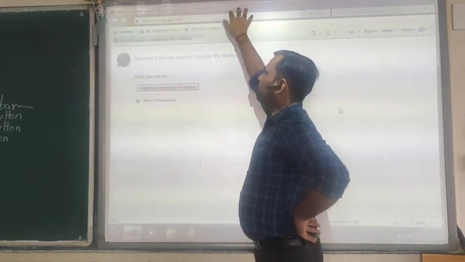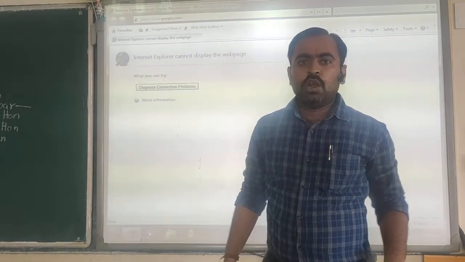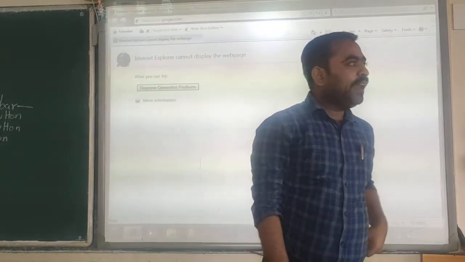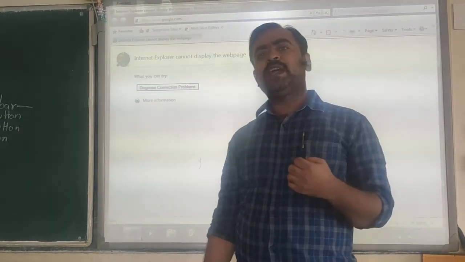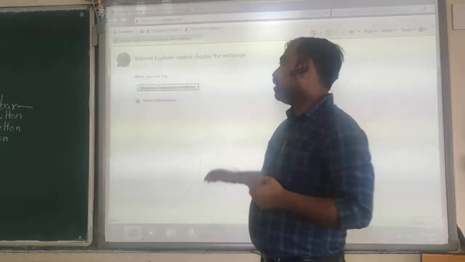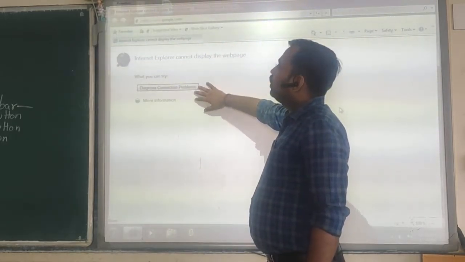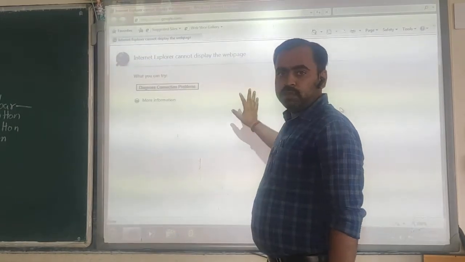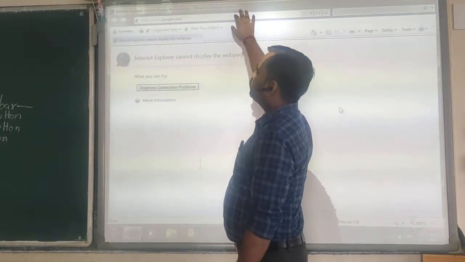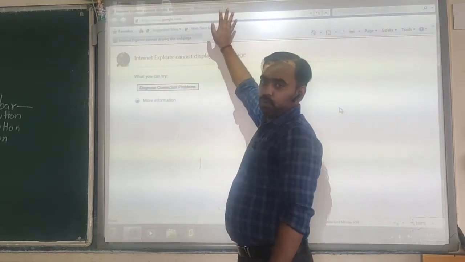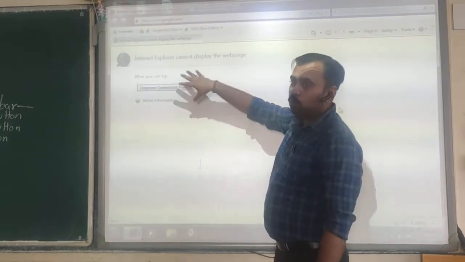This title bar is generally used to display the name or title of the web page currently displayed on your screen. As you can see, no web page or website is open here, so it is showing Internet Explorer cannot display the web page. If it is connected and you have opened any website, the title would be shown.